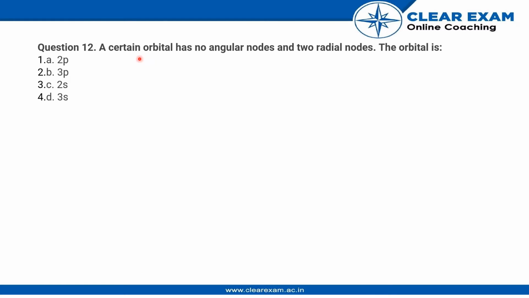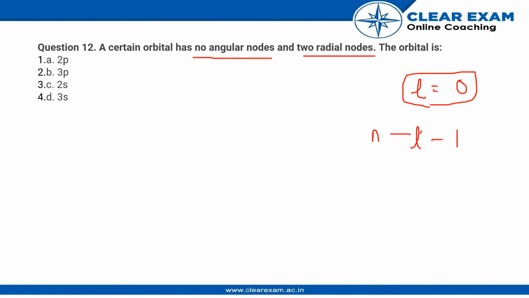A certain orbital has no angular nodes and two radial nodes. The orbital is... So here the orbital has no angular nodes and two radial nodes. Now we know the angular node formula is l, that is the azimuthal quantum number, and it is said that it has none. So we can say that the azimuthal quantum number for that orbital is 0, and it shows that the radial node, which is calculated by n minus l minus 1, we have the total of radial nodes to be